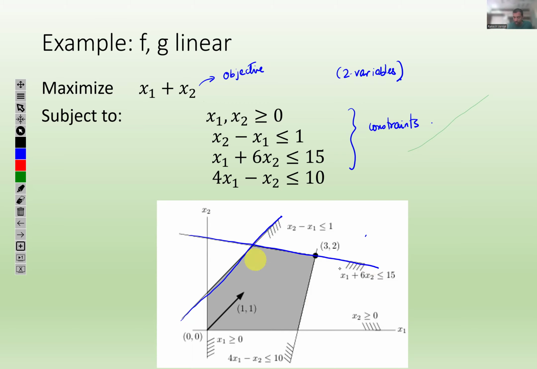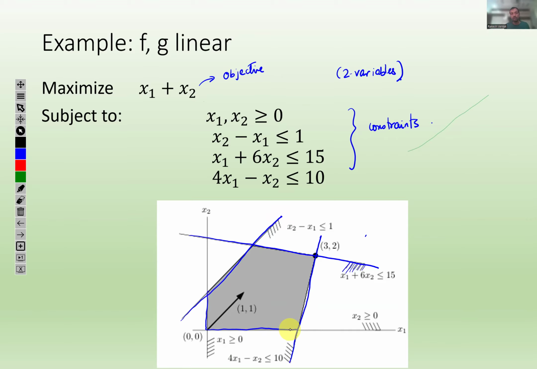Okay, and you're looking at the shaded half space below this line, because you want less than or equal to 15. The third constraint is 4x1 minus x2 less than or equal to 10, which is to the left of this line that I've drawn. Okay, and the intersection of all of these